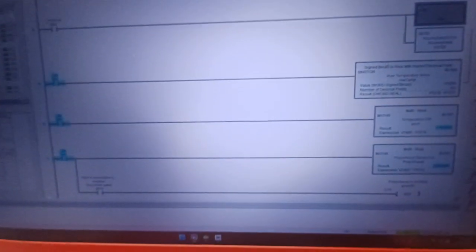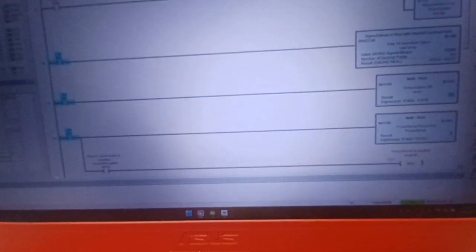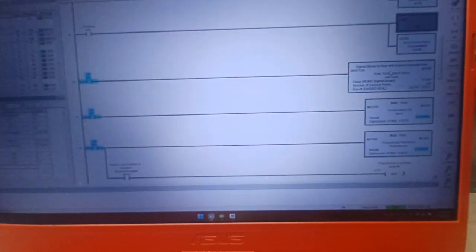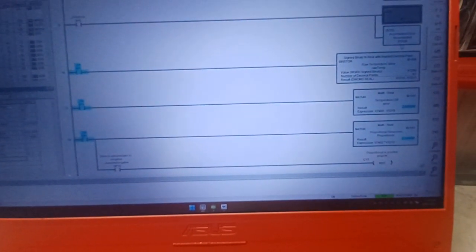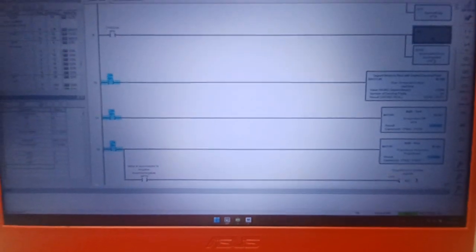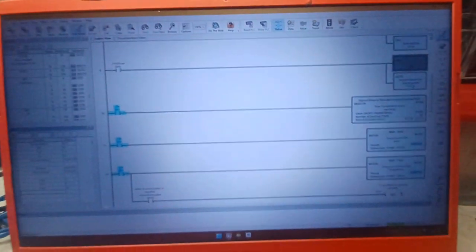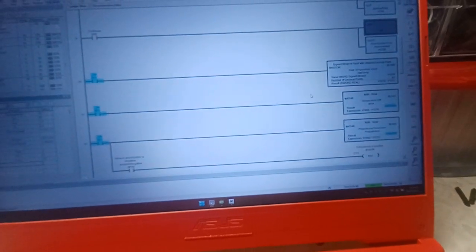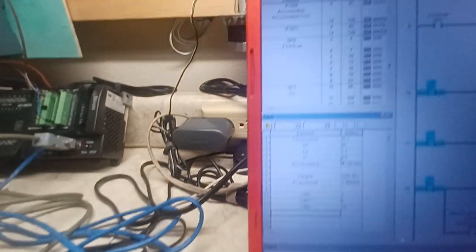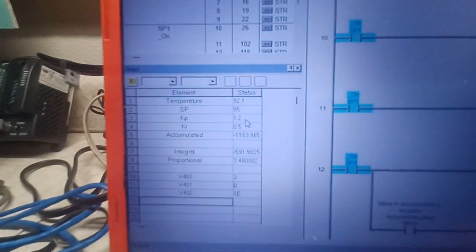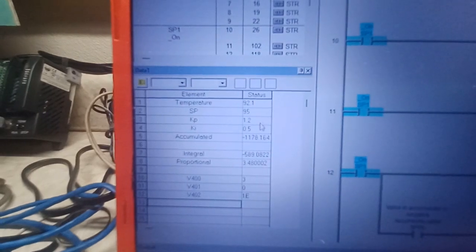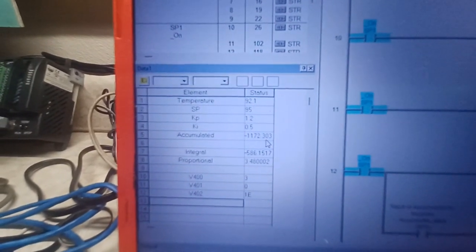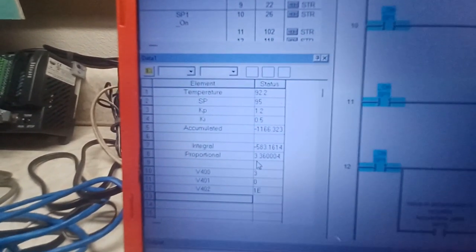So I started using all these boxes or instructions from DirectSoft to convert from integer to real. So basically I have a proportional gain, an integral gain, a cumulative error, and